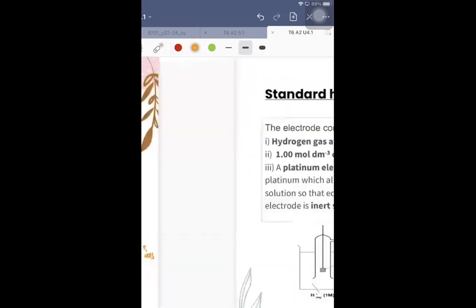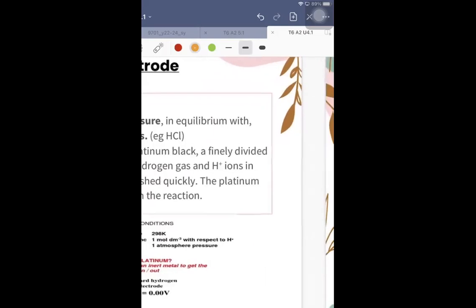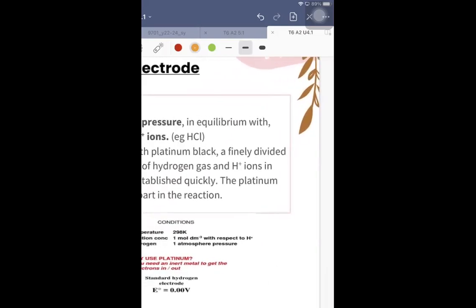So these are the conditions that I've mentioned already, and it's given to you. Not sure if this is given to you in the notes. It is not. In your notes, you're just